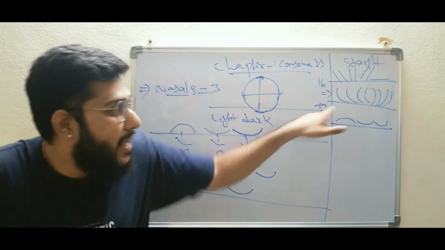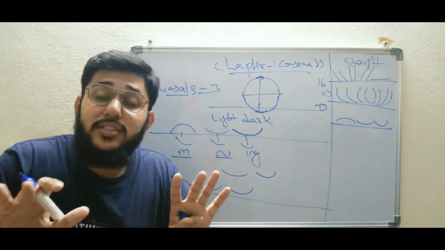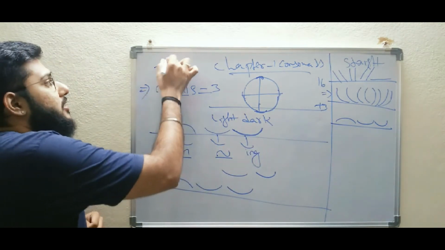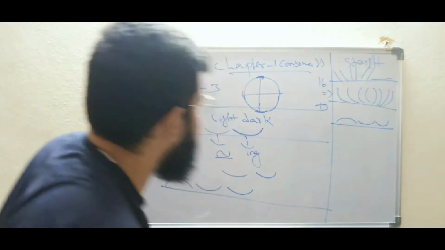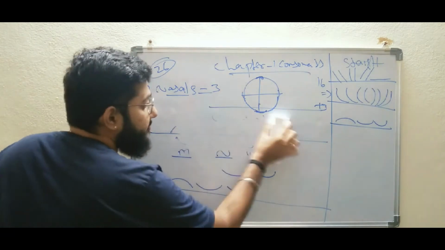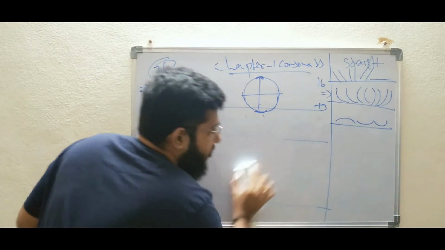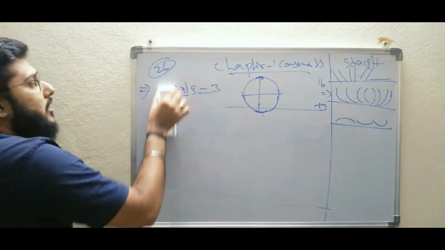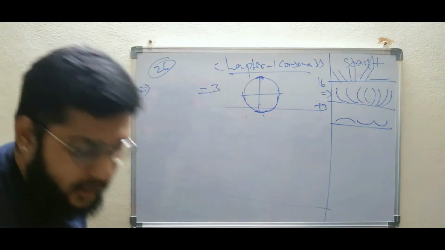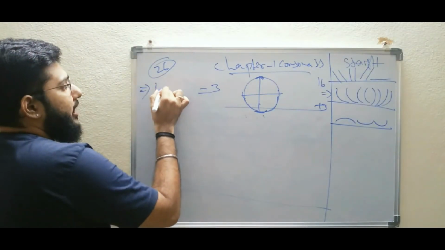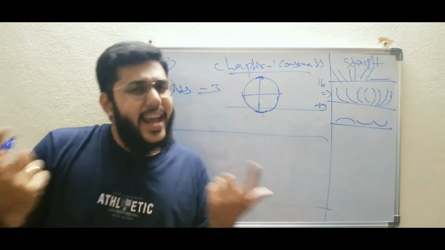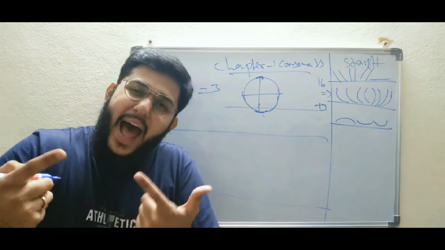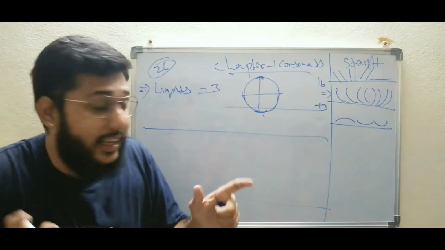That is 16 plus 3, total 19 strokes are done out of 26. Now let us continue with the rest of 3 strokes. The next 3 strokes are called liquids. And again, from where these liquids are formed, come back and just draw a circle.